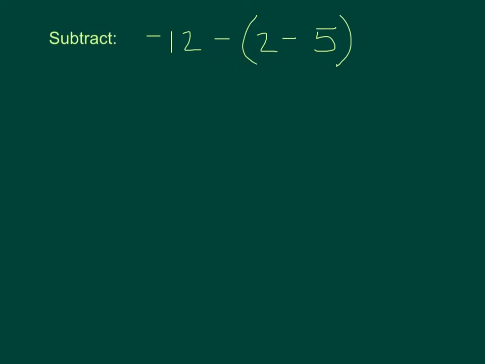So using my order of operations, I'm going to first work from the inside. We've got 2 minus positive 5. And so the subtraction, I'm going to change that to adding the opposite. So I've got 2 plus negative 5. So again, the rest is going to come